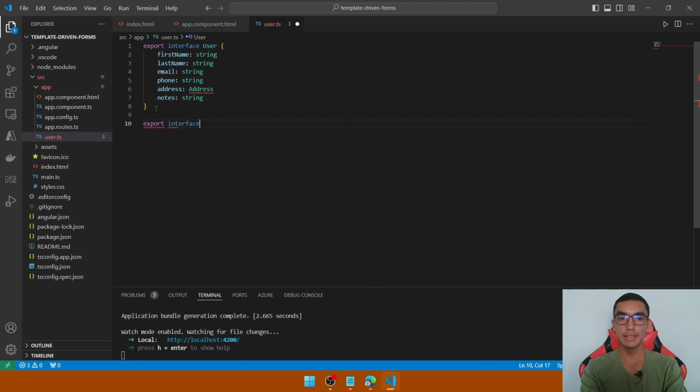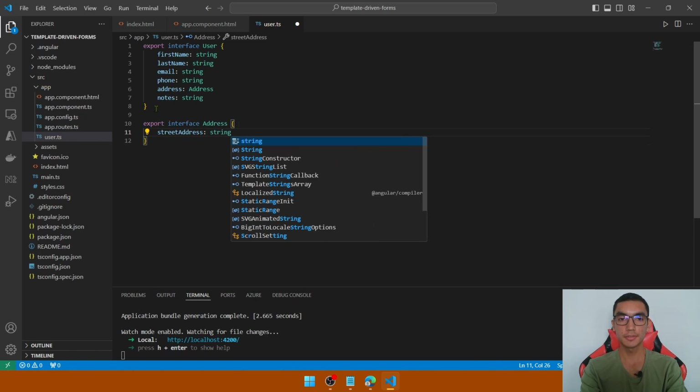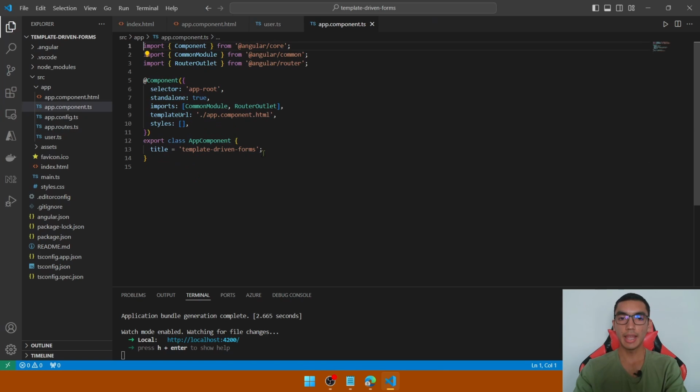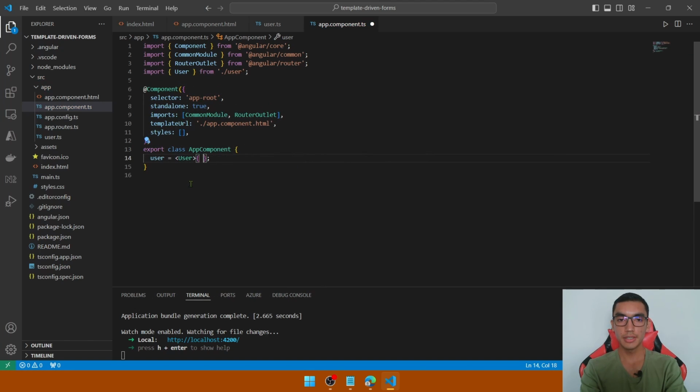So declare the interface for the address with a couple of fields: street address, city, state, and finally a home boolean value. That's it. Go to the component class and declare and initialize the user data model to bind this data model to the input elements. So declare a user and initialize it as an empty object,